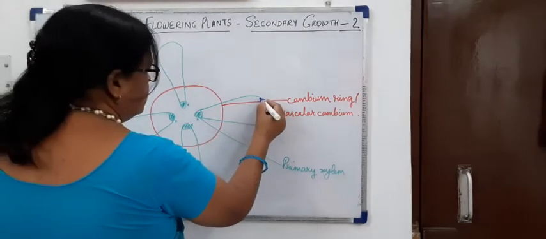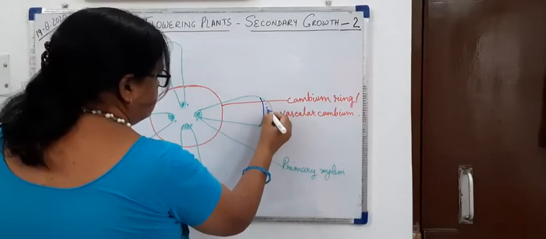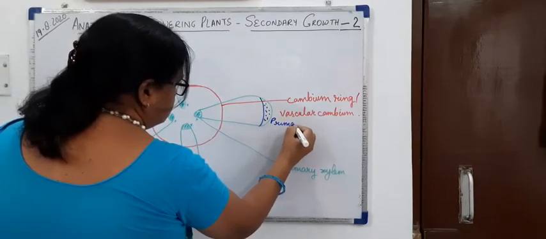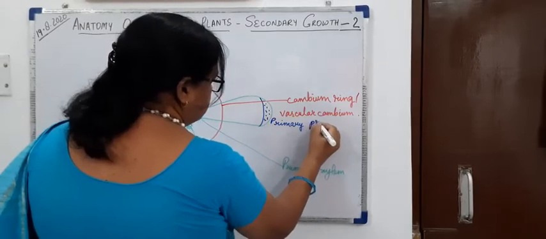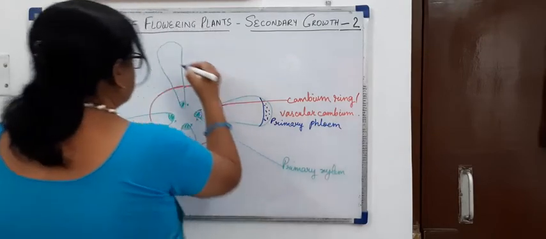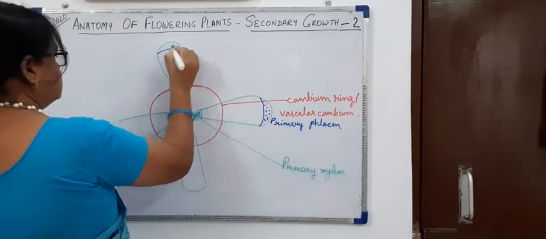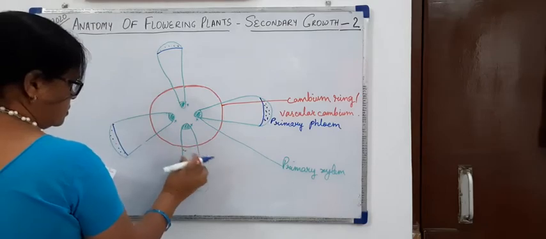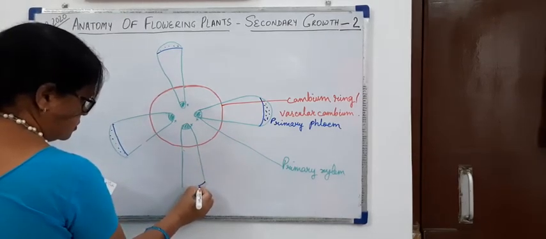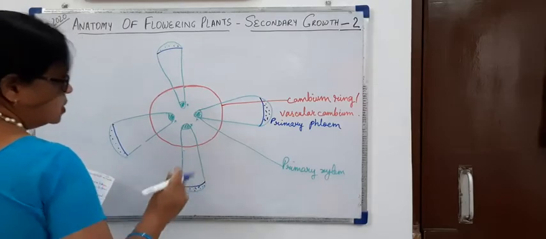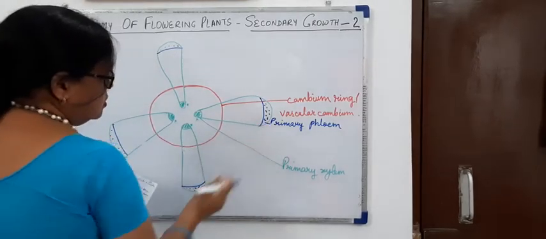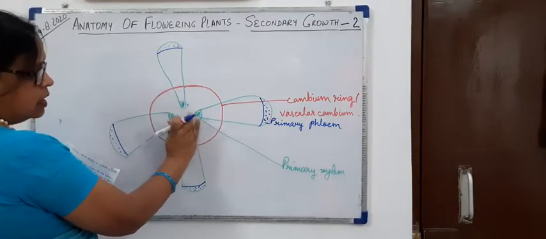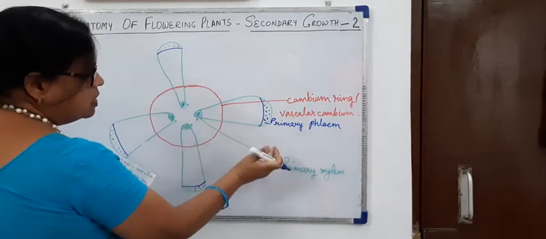And this is the primary phloem. So we can see the primary xylem is pushed towards the center and primary phloem is pushed towards the periphery,